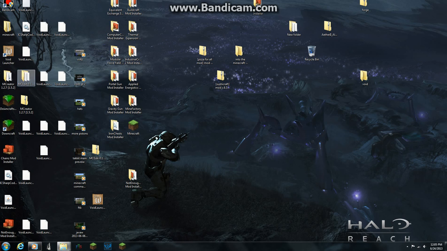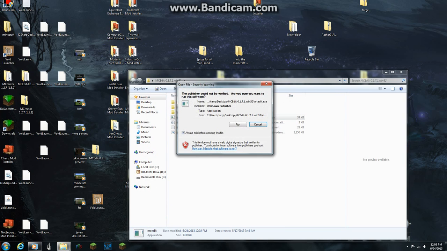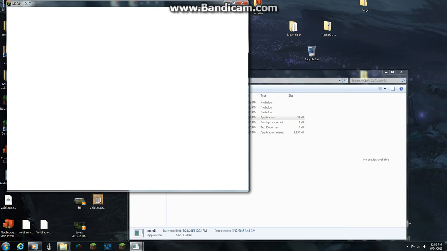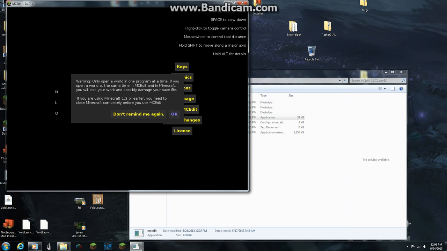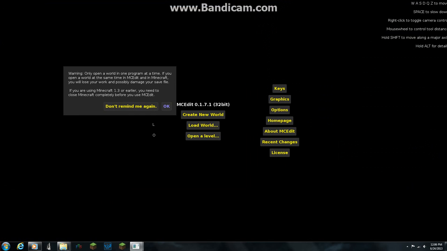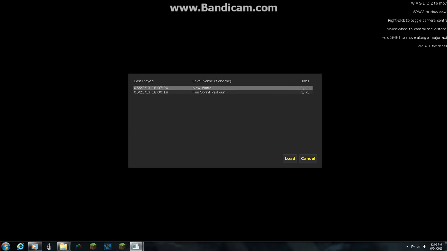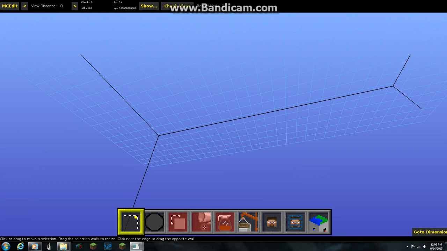Now run MCEdit. It's going to go. Okie dokie. That's full screen. Okay. Load world. This is the map. Just click load.